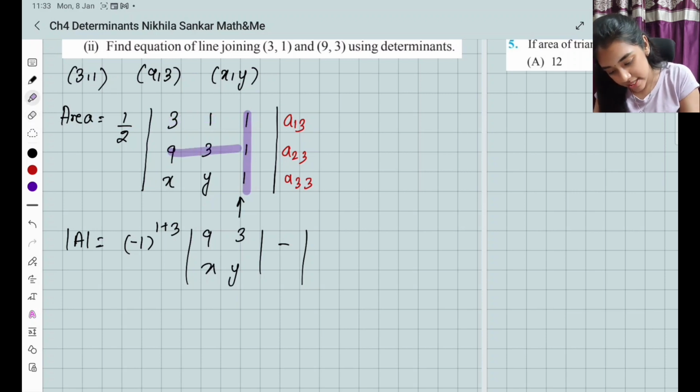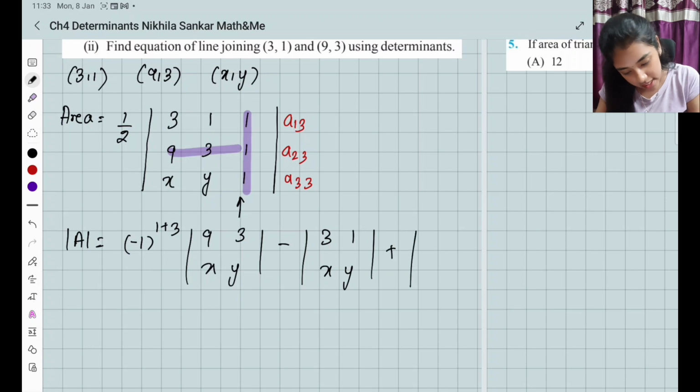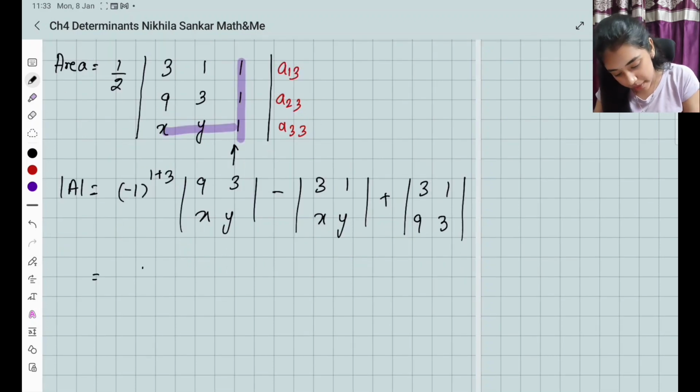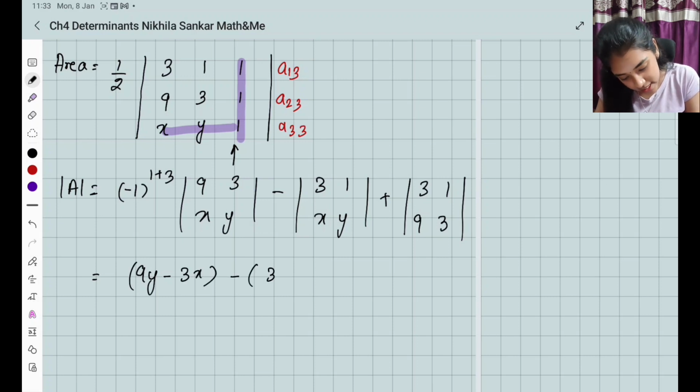I'm going to hide the second row now. So I have 3, 1, x, y, plus the last value. Now I'm going to hide the last row, so I'll be left with 3, 1, 9, 3. This is going to be 9y minus 3x. This is the first determinant, minus 3y minus x plus 9 minus 9. So this is going to be 9y minus 3x minus 3y plus x plus 0, and this has to be